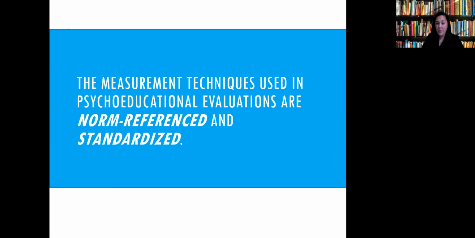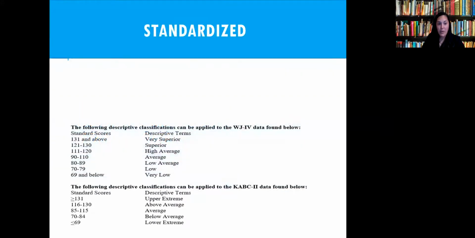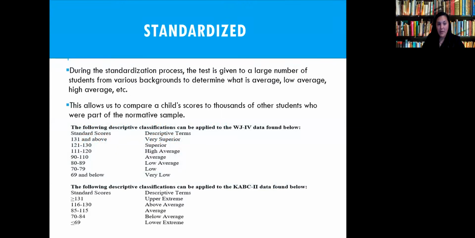And so that's where sometimes it gets a little bit confusing for folks that don't do what I do every day. The reason it gets kind of tricky is because you will see things like this. I included it here because, again, later you will not remember what I said, but at least you can refer to this slide. Oftentimes, what you'll notice in the cognitive area of an evaluation, sometimes you see this in the achievement section as well, are descriptive classification charts like this. At least I hope you do, because they do provide you information. So you're not completely foreign to what's going on.